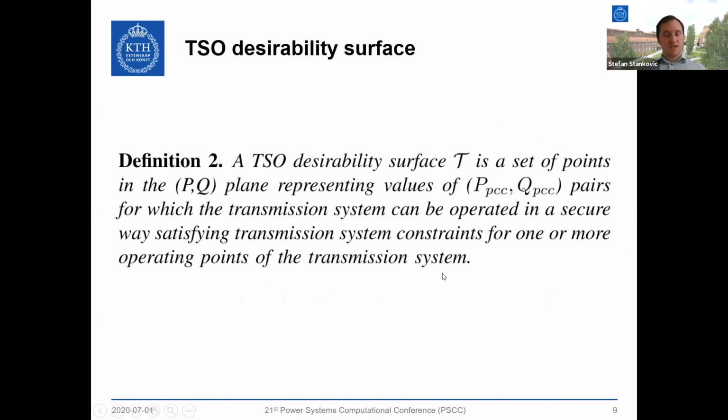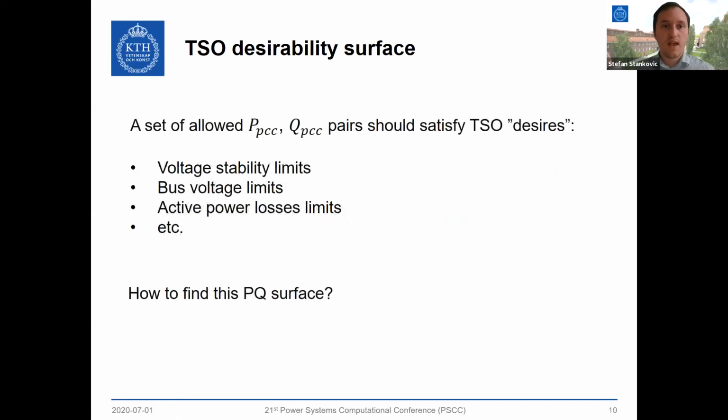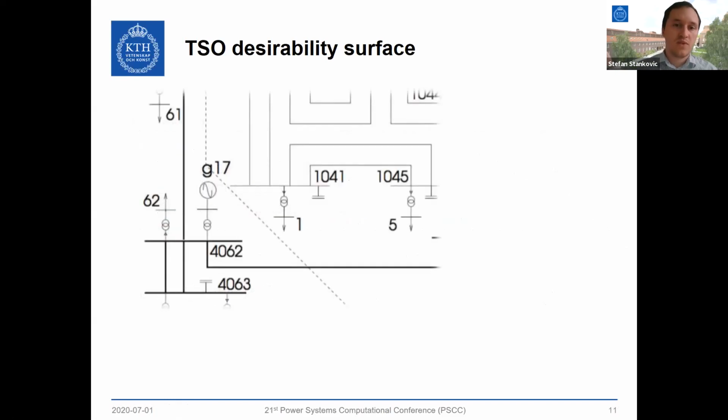Something that we introduce in this paper is the TSO desirability surface, and we introduce it with definition 2. We say a TSO desirability surface is a set of points in the PQ plane representing values of P_PCC and Q_PCC pairs for which the transmission system can be operated in a secure way, satisfying transmission system constraints for one or more operating points of the transmission system. So the expression to be emphasized here is satisfying transmission system constraints. So how do we